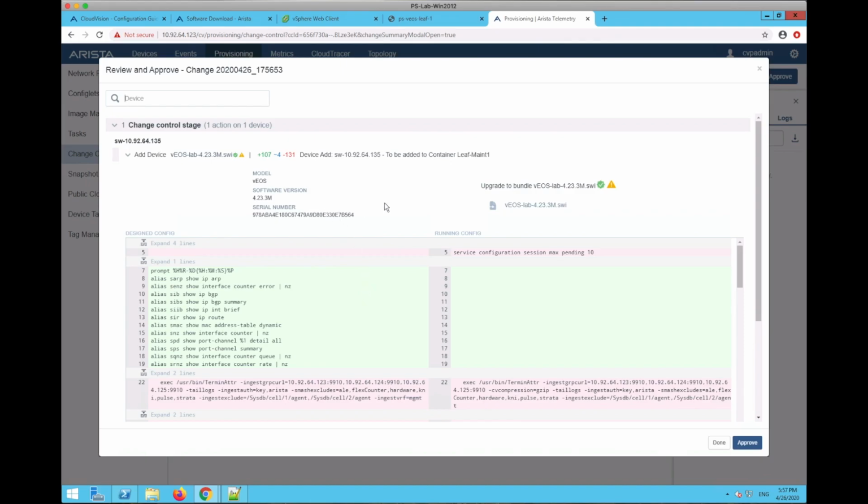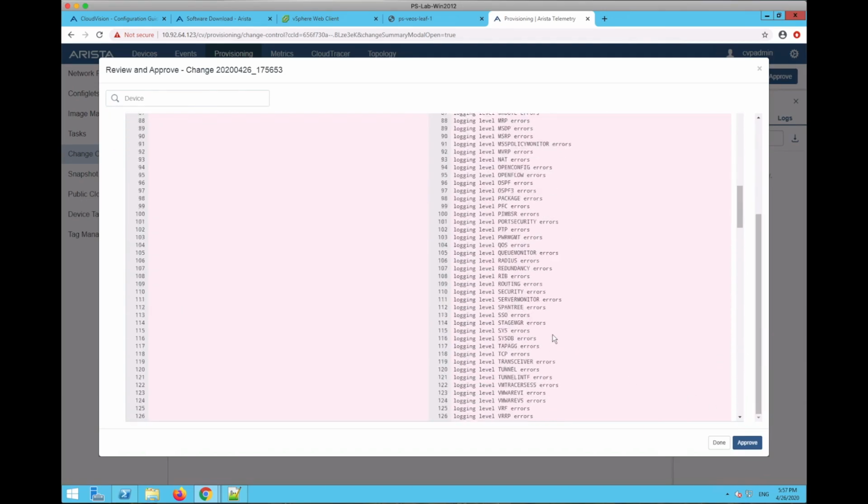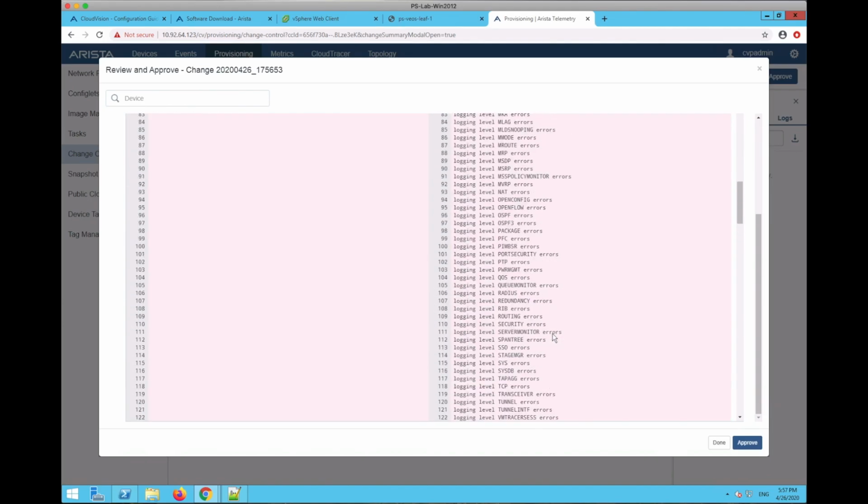It's also going to do a check on the software version and upgrade it as necessary, but we don't actually need to do that because it's already on the correct software version. So we can review that and make sure that's what we want to do with this. And as you can see, everything in green is going to be